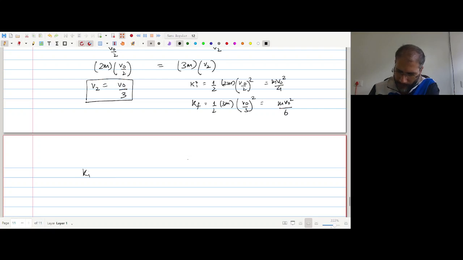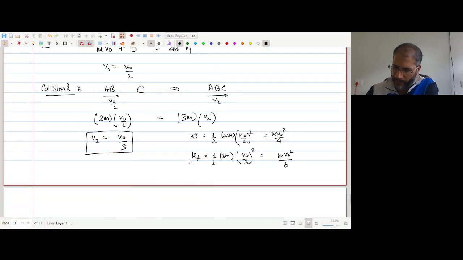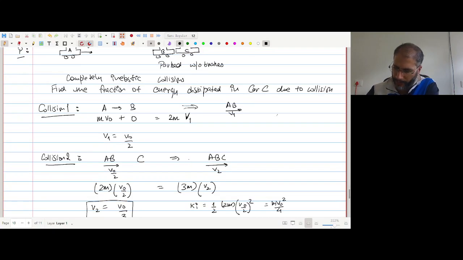should be the other way around. So Ki minus Kf is m v naught squared times 3 minus 2, so that's by 12. So that is the energy lost in collision 2, that was with car C, and the total energy that the car A had before it started colliding,